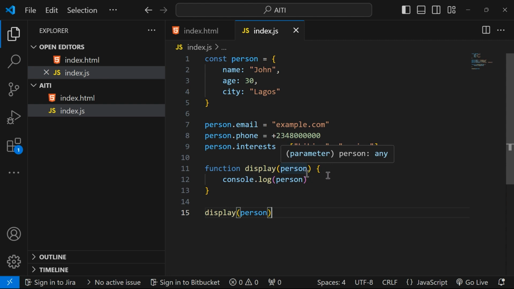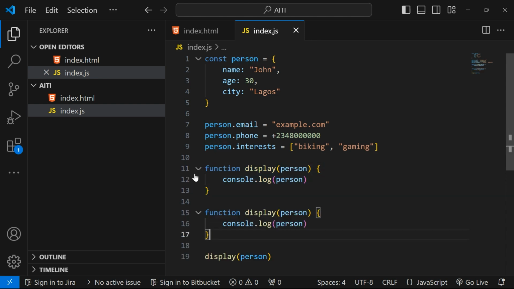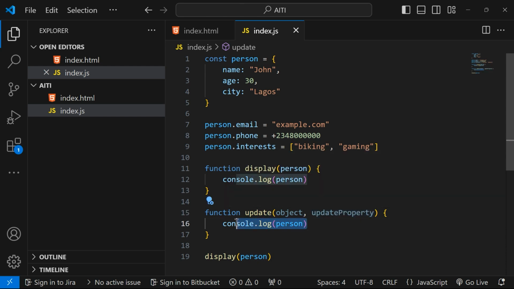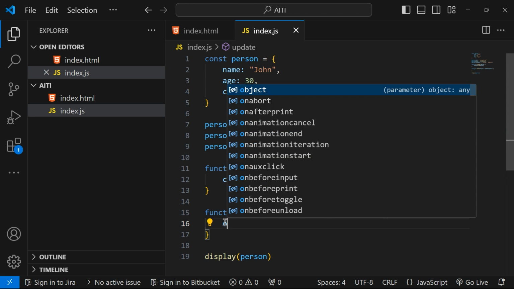Now, to update this object, I can decide to add another parameter. So let's say this function is to update. This function is going to take in an object, then the property we want to update. So we can say object and the update property. The property we are going to be passing in here is the property we want to update. So what I would do in my function is I would say object